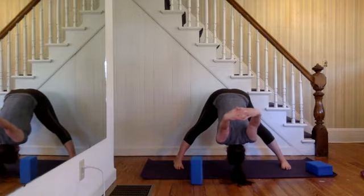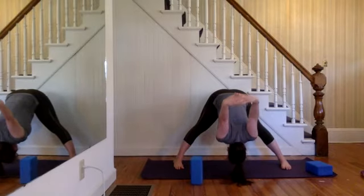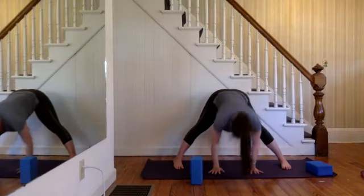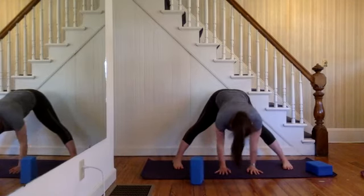Two more breaths here. Inhale through the nose, exhale through the nose. One more inhale. As you exhale, stay in your forward fold, but just release your hands. Bring your hands down to the ground. Inhale, push into your hands. And by the way, if you can't reach the ground, grab your prop